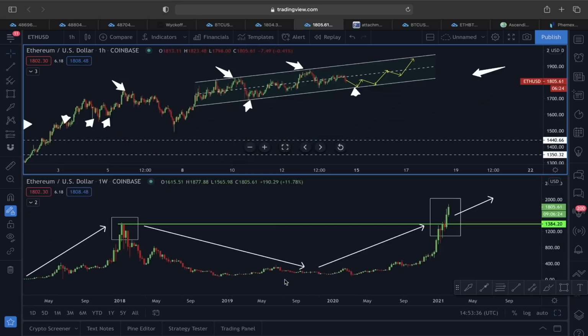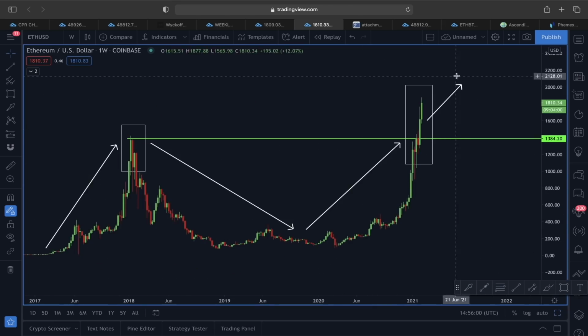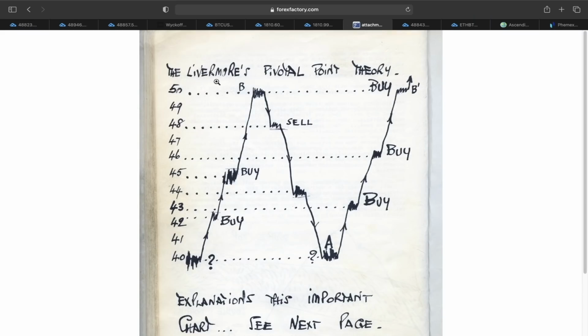But if you look at this in a bigger time frame, the price of Ether is showing a very impulsive move, because right now, if we look at this price structure, the price of Ether has clearly broken out of this previous temporary resistance line, which was a buy signal, and since then the price is showing a very nice move. But according to this Livermore pivotal point theory, breaking the temporary resistance line is going to trigger another new trend